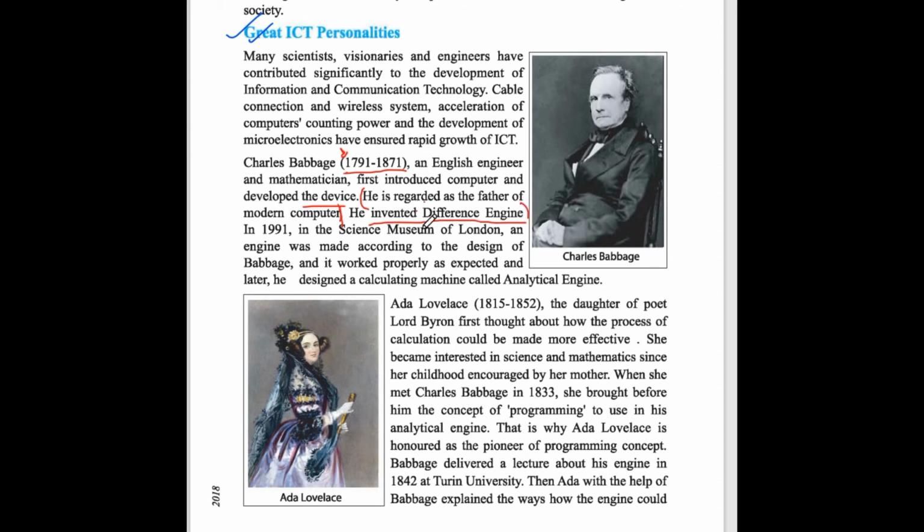So this one is also important. In 1981, my birth year actually, in the Science Museum of London, an engine was made according to the design of Babbage, and it worked properly as expected. And later he designed a calculating machine called the analytical engine. So this one is also important for all of you. He invented two things. One is the difference engine, underline this, and another one is the